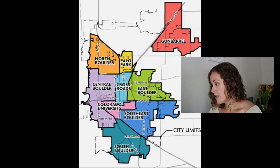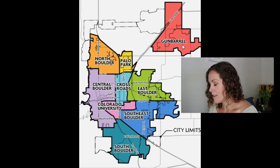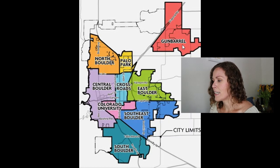Then I want to talk about this red area out here called Gun Barrel. I'm so glad that the city of Boulder that made this map included Gun Barrel, and of course they did, because Gun Barrel is technically a part of Boulder. If you live in Gun Barrel, you have a Boulder address. But as you can see, it's not connected to Boulder. There's this weird no man's land, and you can only get to Gun Barrel